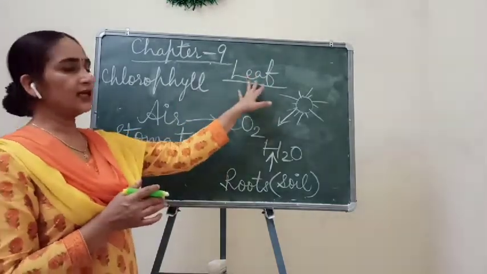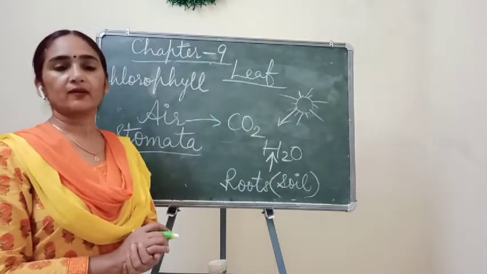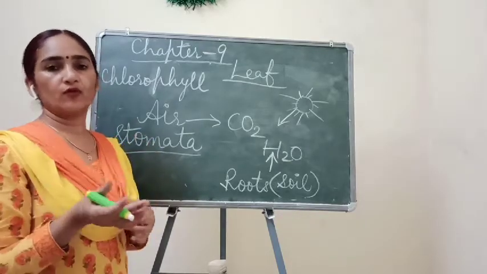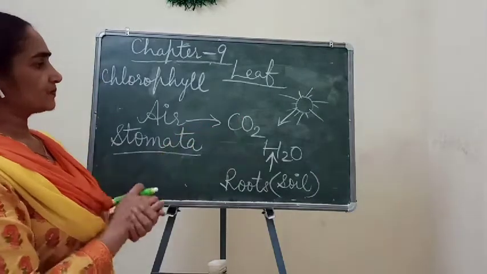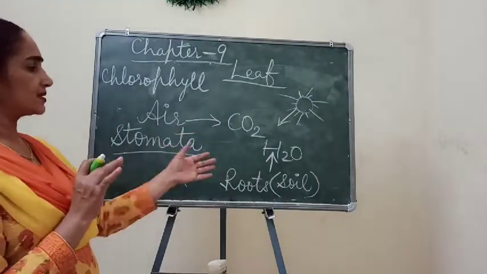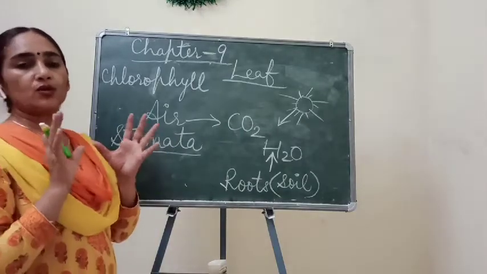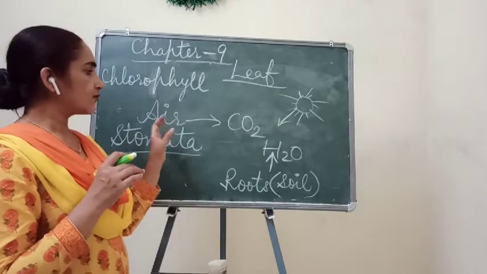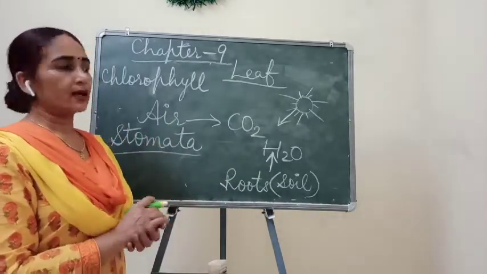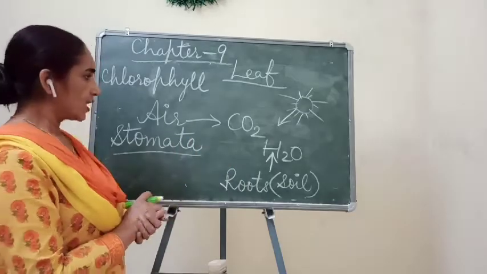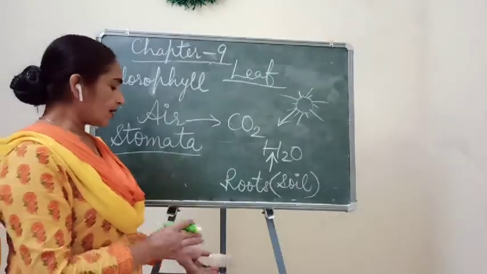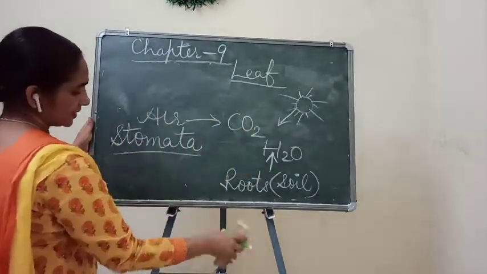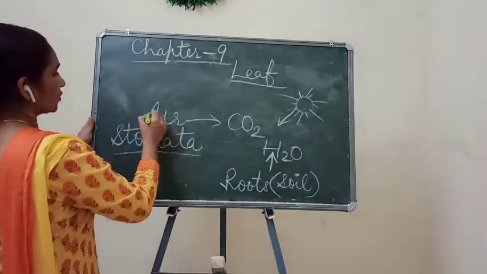So that's why leaves are called the food factory of the plant, because it is the only part which can prepare food for them. So children, this process which takes place in the plants, I have written in a very simple way. You should know the equation also. You will learn this full equation in higher classes, how we write the process of photosynthesis. So this full process, how plants prepare food, that process is called photosynthesis.